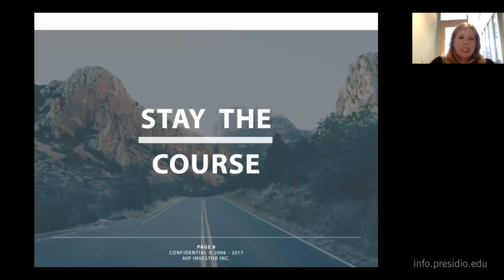So it's important to take the emotions out of your investment decisions and to stay the course that you have previously decided, either by yourself or with your financial advisor. And there are ways that you can feel more actively involved in your investments. You do not want to make investment decisions when you're feeling an emotional response to what the market's currently doing.